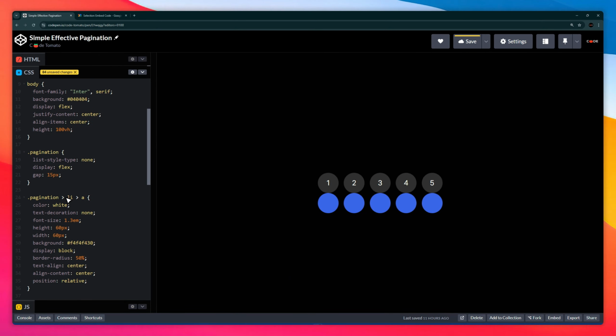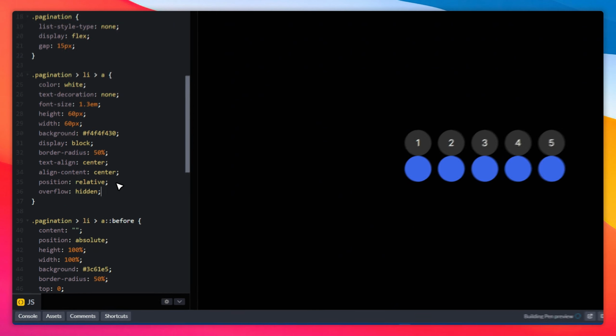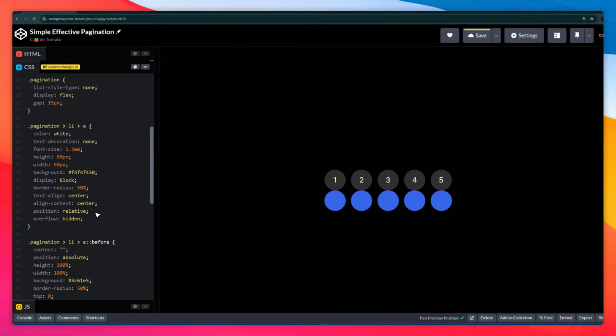Lastly, add overflow hidden to the anchor element. This keeps the pseudo-element confined within the link's boundary. And that's it. We created a modern and